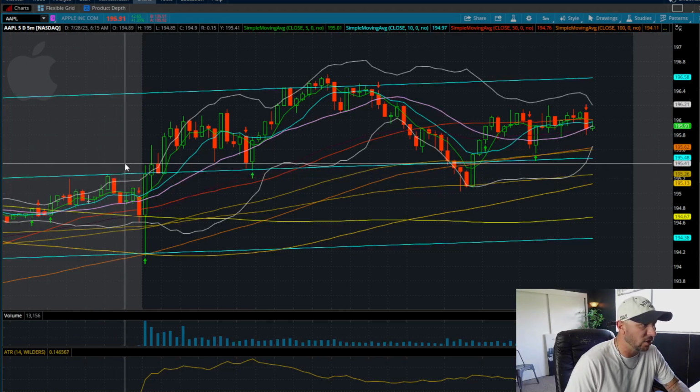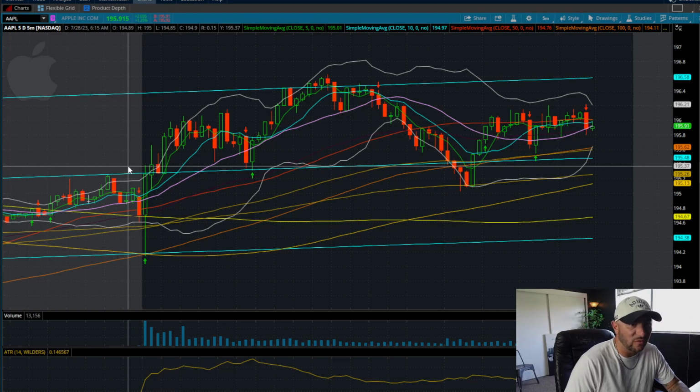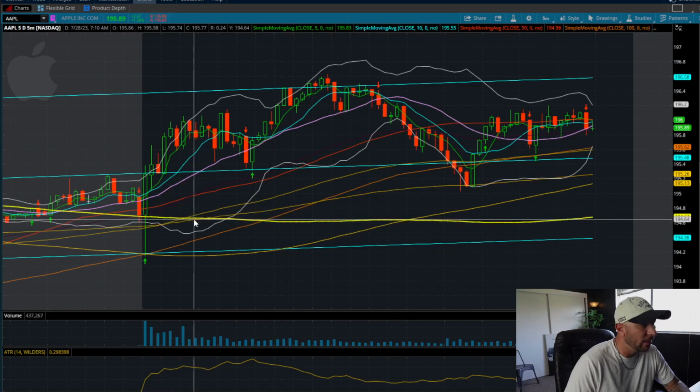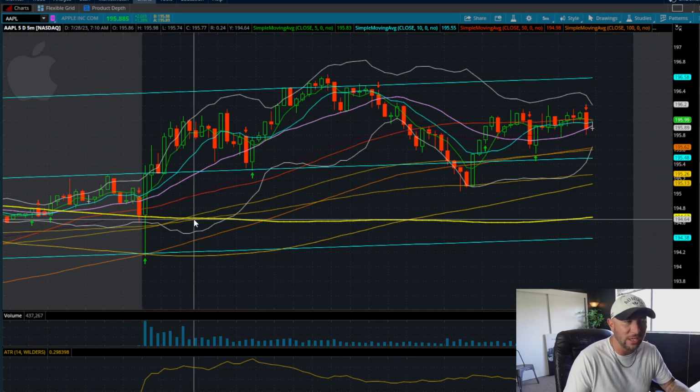Go find a penny stock to trade. Your actual risk on this was from 195.30 down to around 194.20, so $1.10. Even if you trade one contract or 100 share lots, you're risking $100 on a trade. What's $100 on a trade if you can turn around and make 40 or 50 or even $100 on the trade?